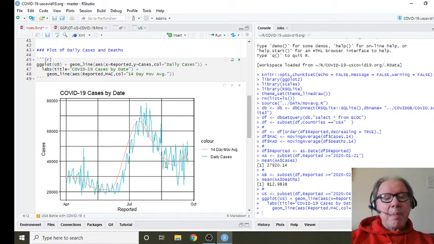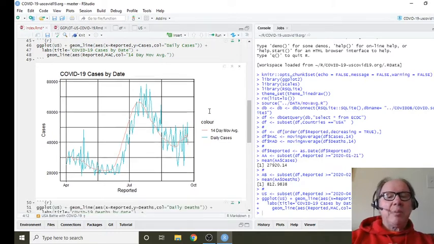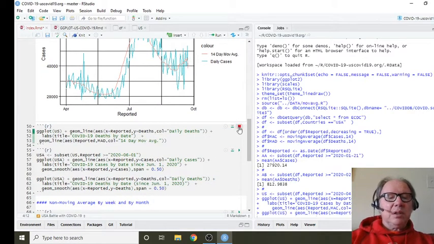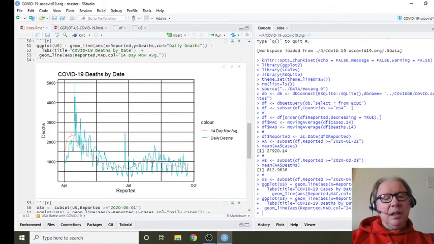Okay, so let's plot the daily cases. You can see the U.S. is spiking back up here a little bit, which isn't necessarily a good thing. This is a 14-day moving average. You see the moving average as well as the daily numbers are beginning to spike up a little bit. So that's not a good thing. On the plus side, deaths are remaining kind of flat between this 500 and 1,000 range over here.